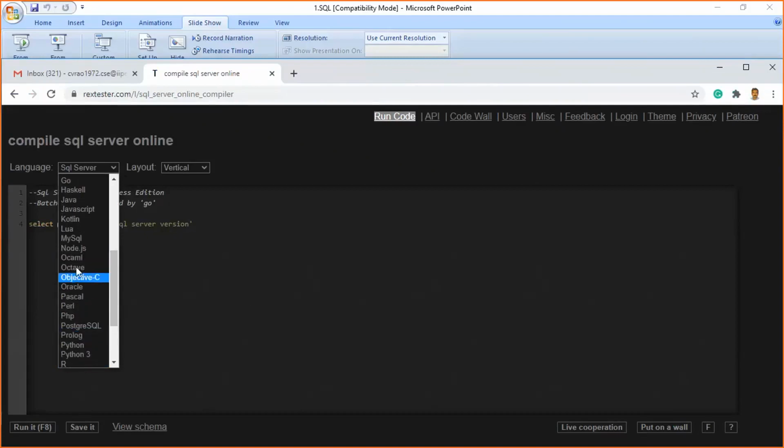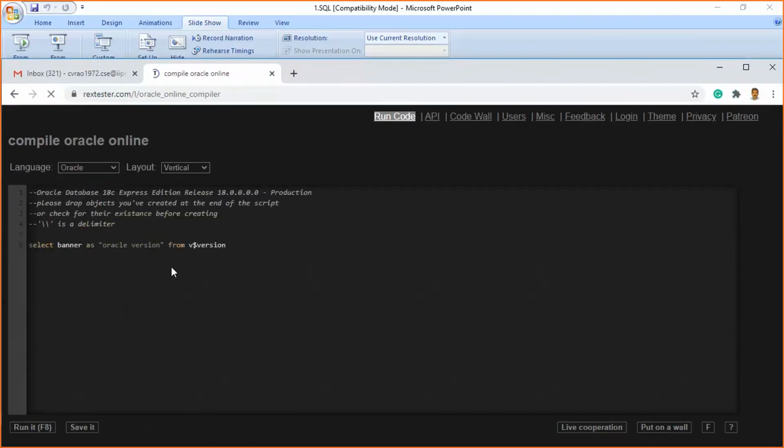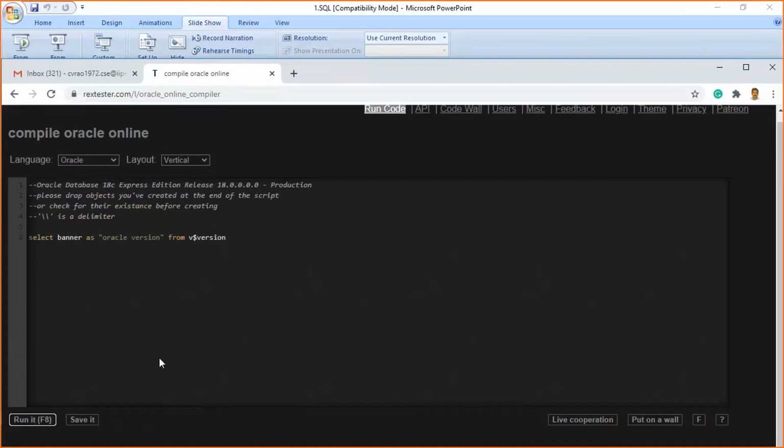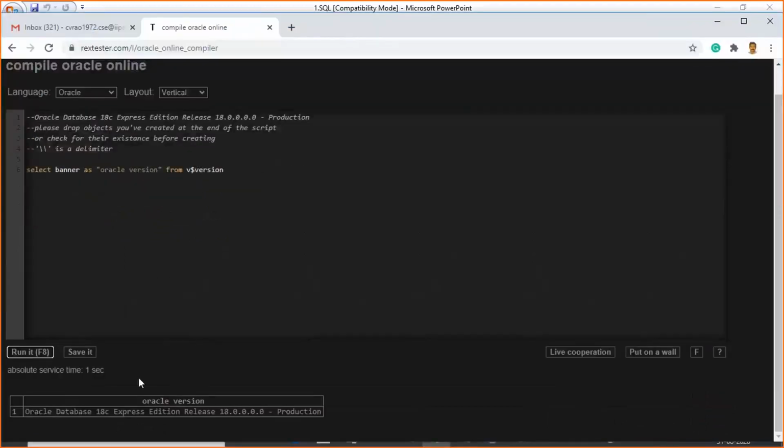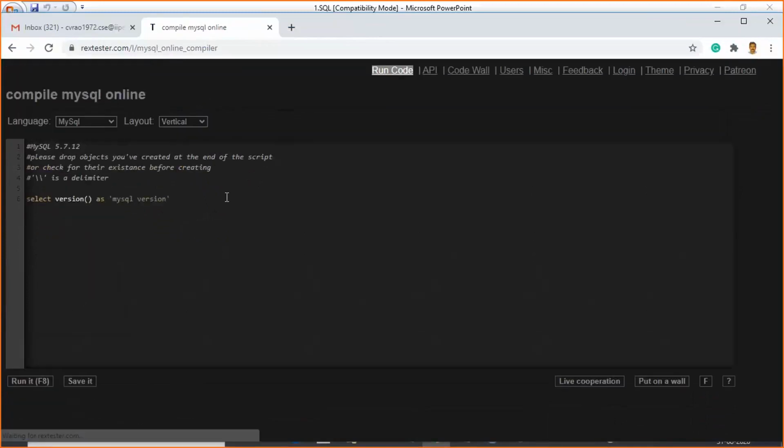Okay, Oracle is available here. Then you can issue the Oracle-based commands here, and you can simply run it. That is going to show you the answer. After every SQL statement, you can see the answer. Okay, so you can select another database, MySQL, and you can also issue the SQL statements here.